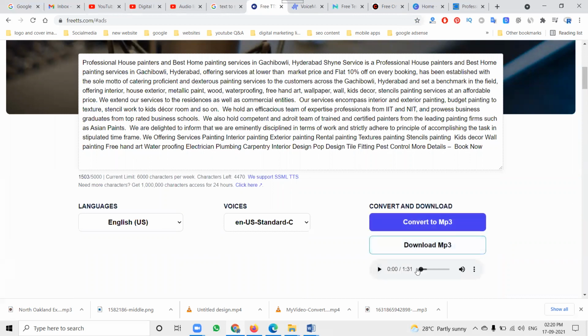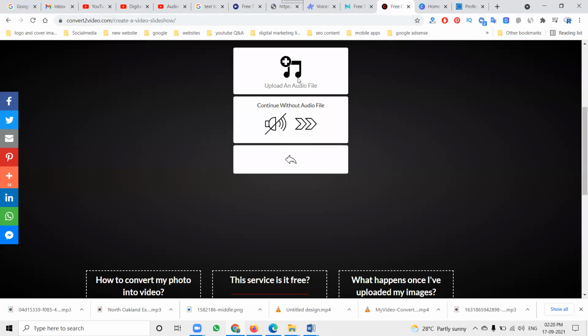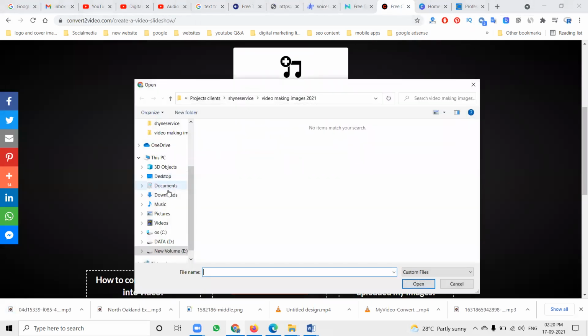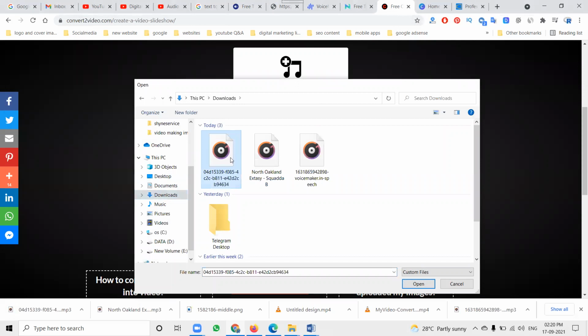Now you can check, it's a total of 1 minute 31 seconds. So it will be only up to 1 minute 31 seconds. Just download it. After this, where I can design the file, the audio file will be selected, where you can download, select the